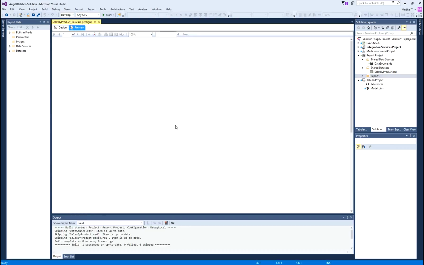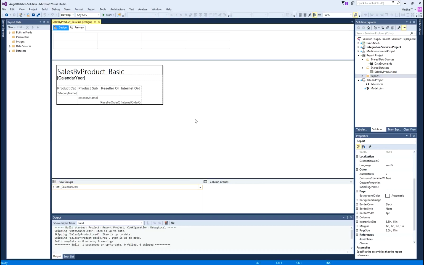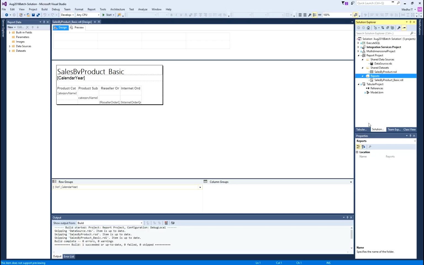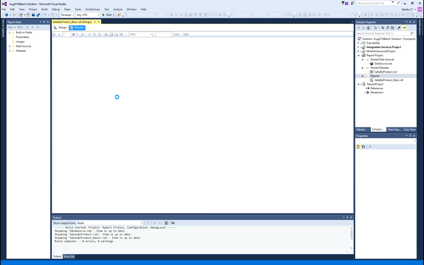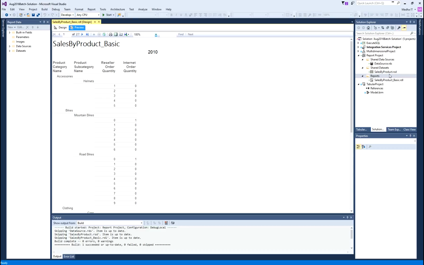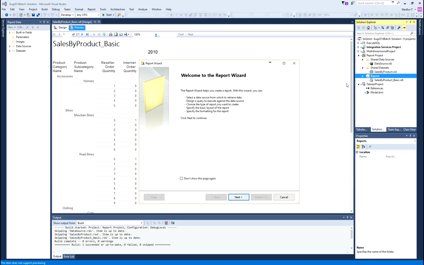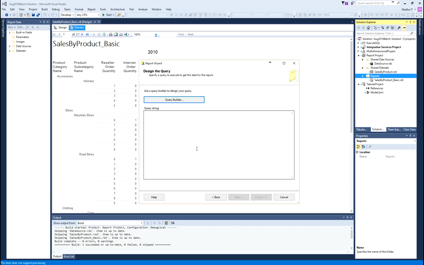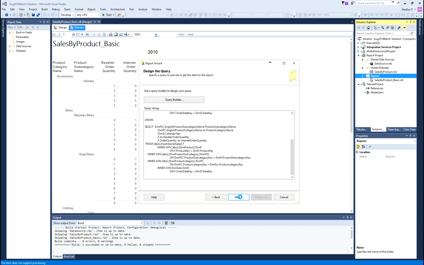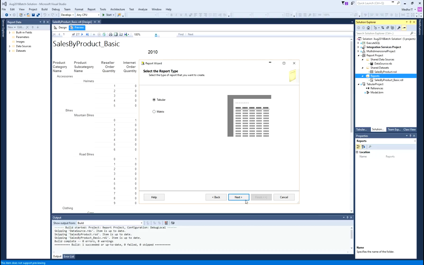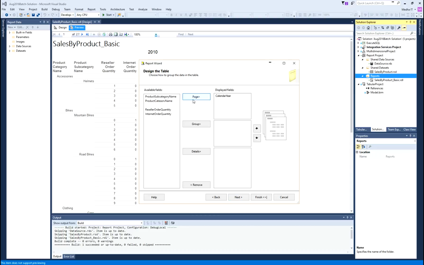Now let's see what happens if I select drill down. So I want to see the difference between not having drill down versus having drill down. So I will create the same report again with the same options, the same query, the tabular model again, page, calendar year as the page, and subcategory and category are the groups, and then reseller order quantity, internet order quantity as details.